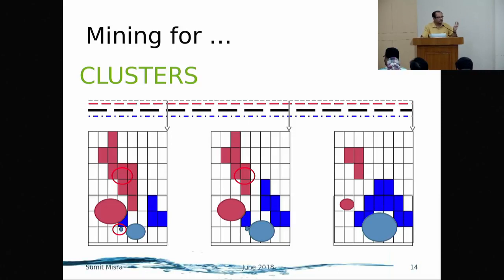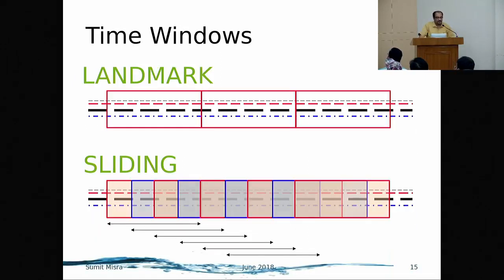So these are the three types of generally applied things. One is clustering we saw, then we saw the frequent item, and the first one. Now to treat the windows, there are two types of time windows that we treat. One is called the landmark. That means each set is separate. I have seen window 1, I'll see window 2 and window 3. They are non-overlapping in time. That's landmark. And the sliding window, these windows keep rolling over.